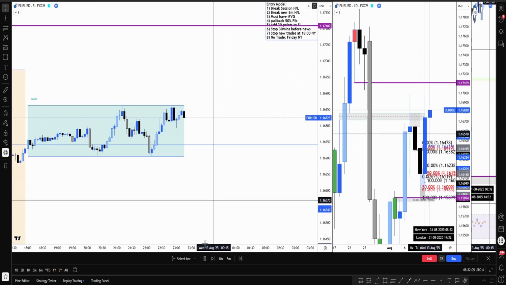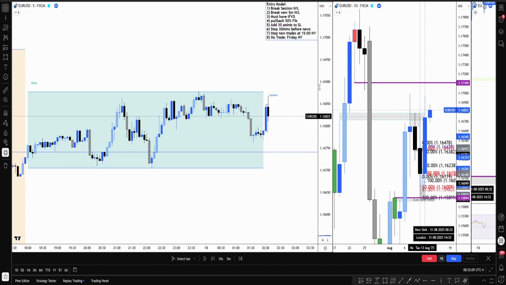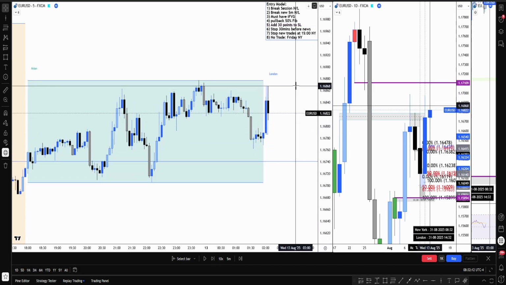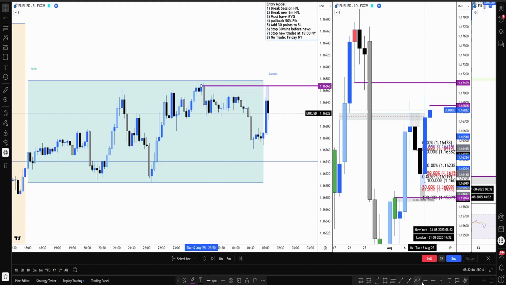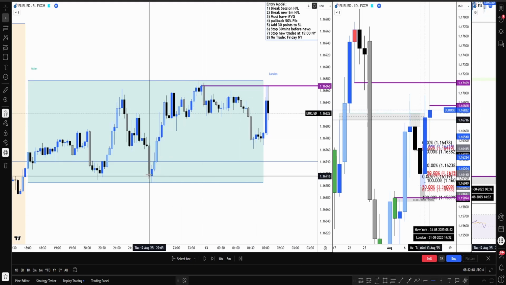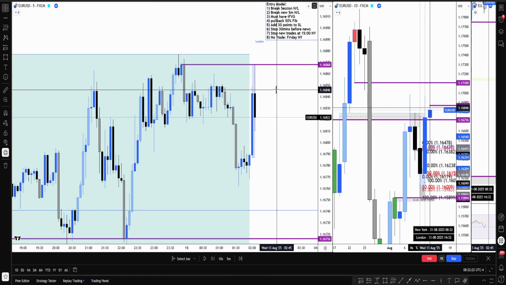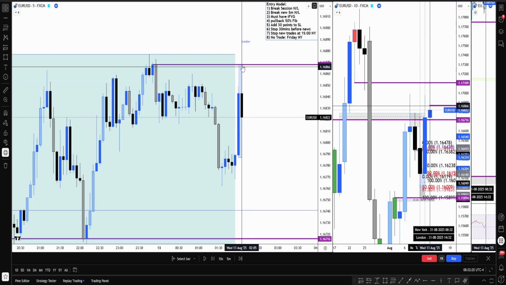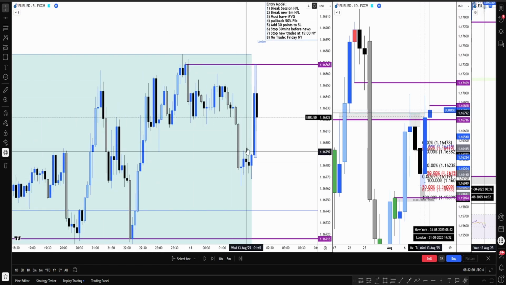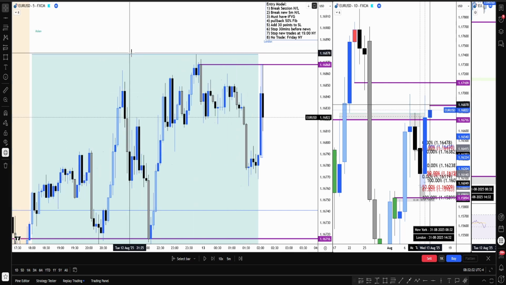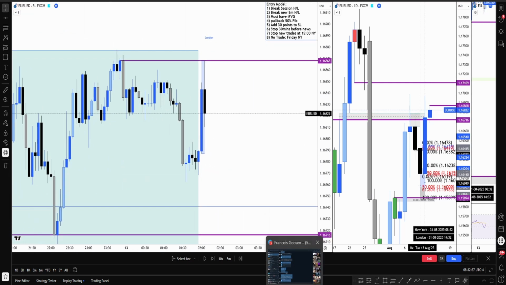Going to stop at 2 a.m. on Wednesday. There we go. All right, so we barely took out this Asian high. There we go. We tapped it. And now there's the Asian low. Yeah, okay. We can count it as Asian high taken, but we cannot use this low because this low is fairly inside the Asian time frame. So now we need to wait for a new low to be created.